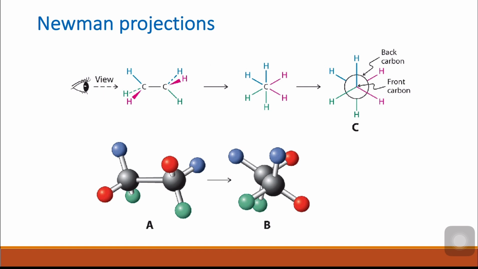Again, as we have been explaining here, if you are looking this way, the front one is this one, and this is the back one. The front one has all these three hydrogens, the blue, red, and green, and the back one has the hydrogen here facing us, the blue one at the back, and the green one at the bottom here. If you look this way, you will find that the hydrogens are not behind each other, but are furthest away from each other. This is called the staggered form,